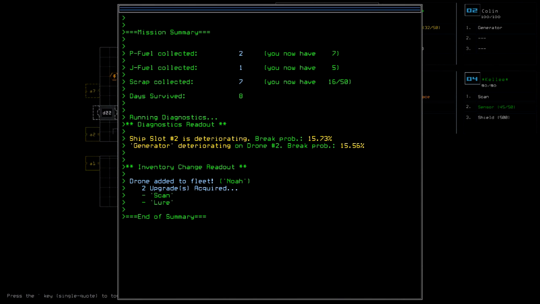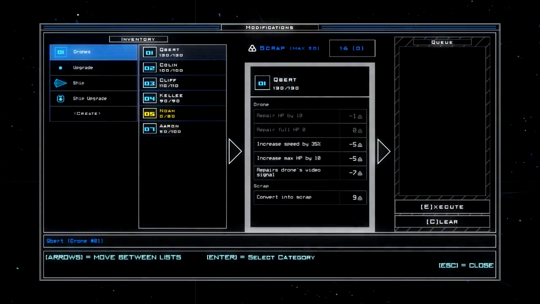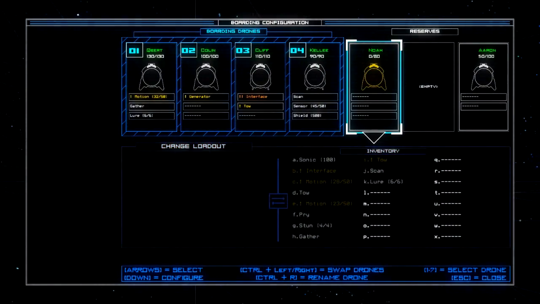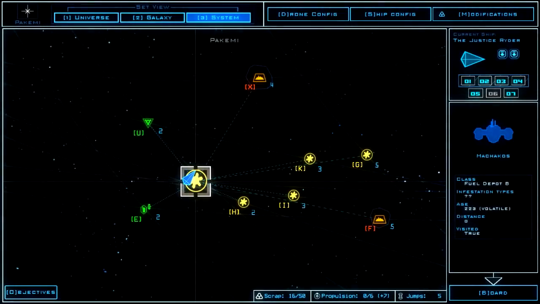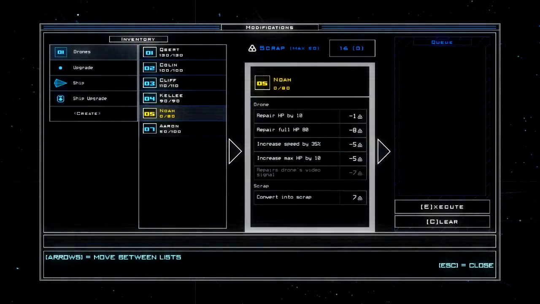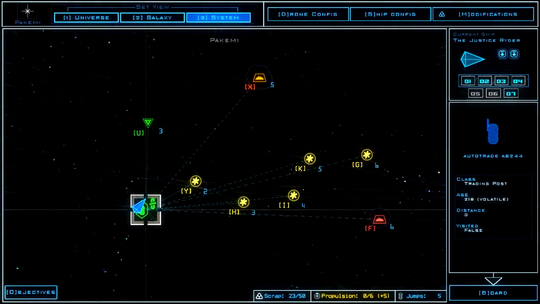Generator deteriorating. Ship slot is deteriorating. We have another drone with scan and lure. I have a lot of fuel, which is just amazing. Modifications. Well, actually, no. Drones. Let's drop everything. I want to scrap this. Yeah. And I don't want to repair anything yet. So, modifications. Scrap this dude. Yep. Execute. And now we are going to go to this auto station